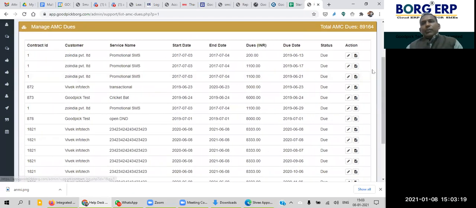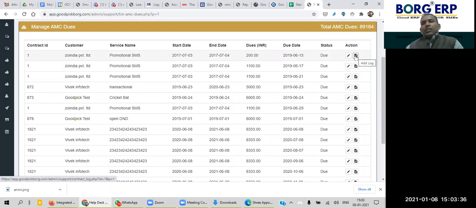Now we have also given this add log option. For example, you have a lot of contracts and installments, so you can appoint a person to follow up and collect that amount.